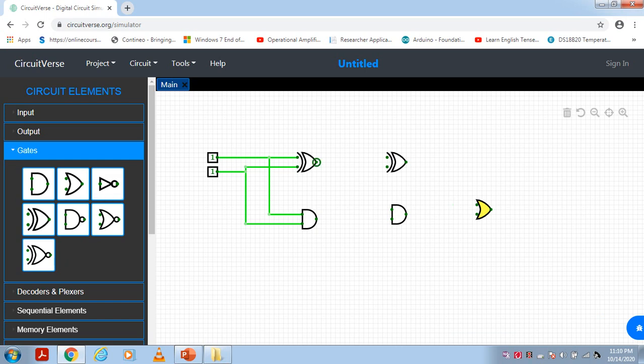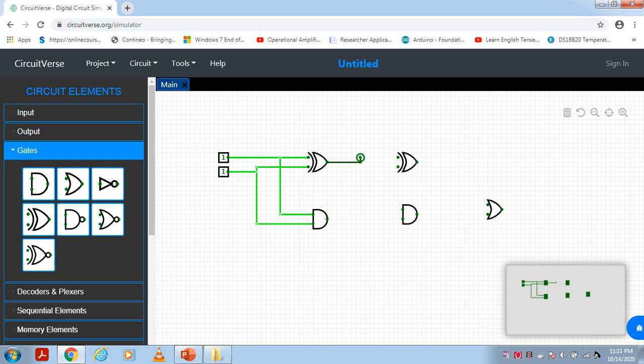Now for the connection, for the first XOR output is connected to the second XOR gate input like this, right? For the full adder circuit, which is a 3 input, I have connected here for the 2 input. So one more input is required.